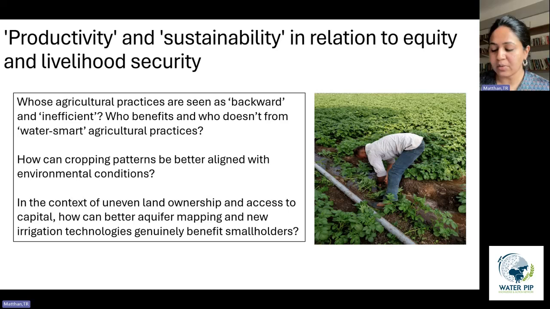And I think just as a concluding remark, there needs to be much more collaboration between scientists, engineers, economists, and sociologists to develop more equitable and sustainable frameworks for groundwater use, because I think there is need to converse across these different disciplines of geology, hydrology, economics, sociology, and so on, in order to think more creatively and deeply about questions of sustainability and productivity. So I'll end there, and thank you.